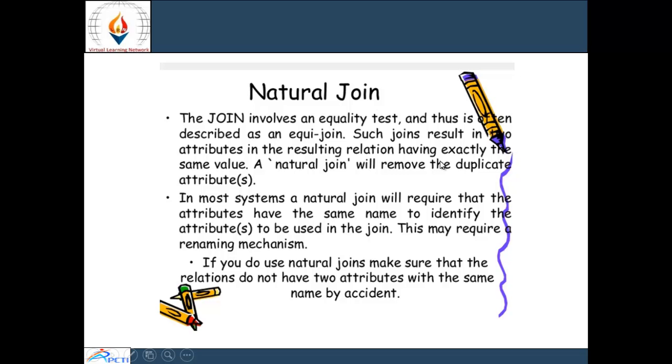Natural join means the join involves an equality test and is thus often described as an equijoin. But in equijoin, if there are duplicate records, these records are repeated, but in natural join, if we want to eliminate the duplicacy, then we can use the natural join.